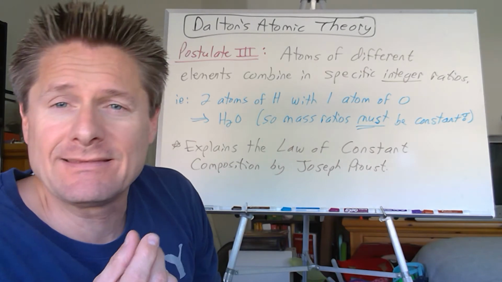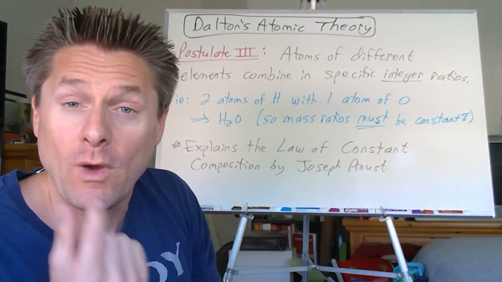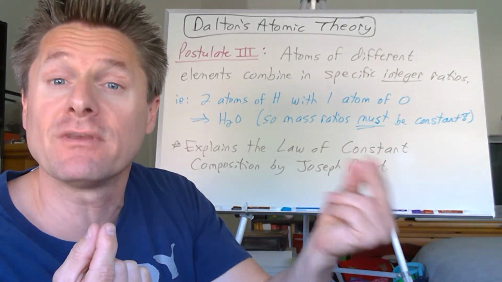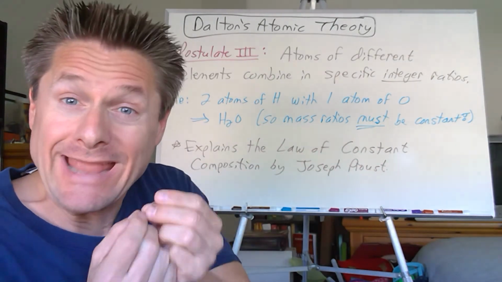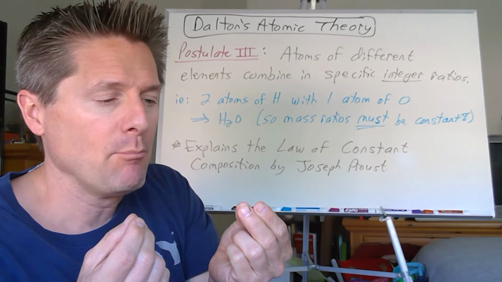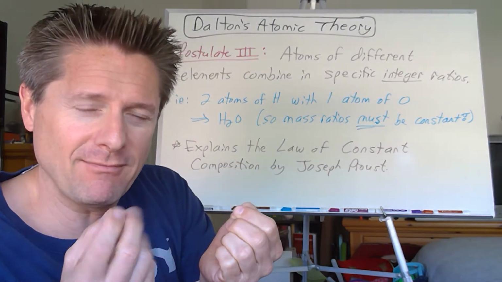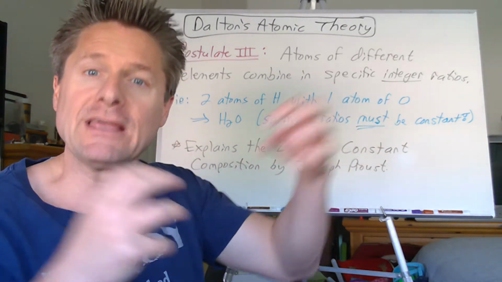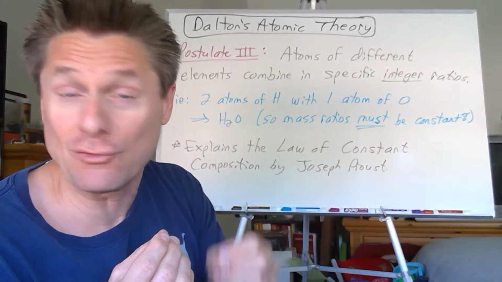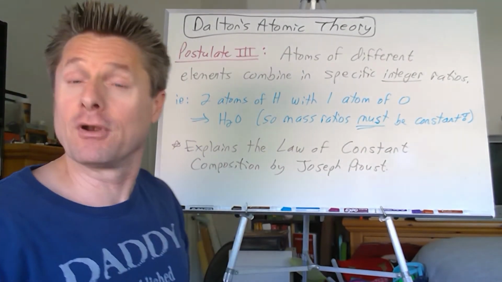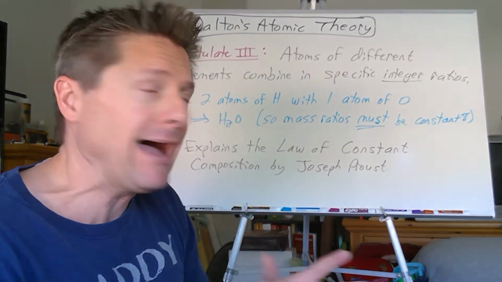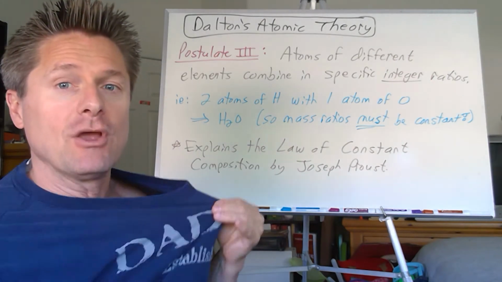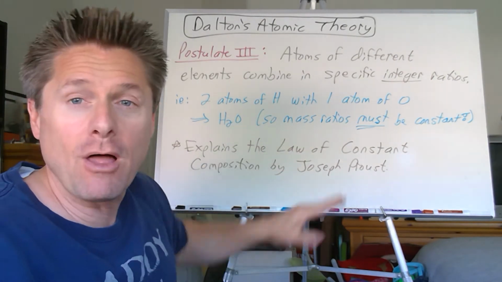Well, couldn't these indivisible particles called atoms of one element be combined chemically with these indivisible particles of another element to create these compounds, right? But if you can't break an atom apart, these atoms retain their identity, they must only combine in specific integer ratios. You can't have half an atom or a third of an atom, right? So they have to combine in integer ratios, very specific integer ratios, in order to explain the law of constant